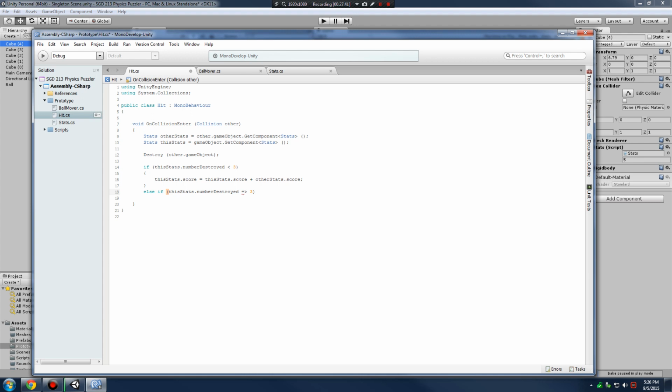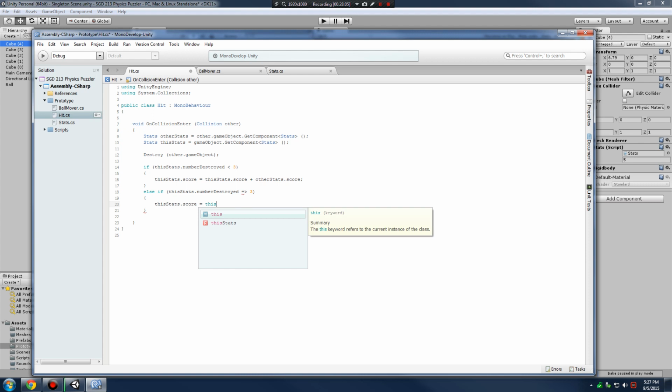We would be counting from 0. So 0, 1, 2 would be the first 3 cubes, so we would just do a simple plus score. But else, if the number destroyed is equal to or greater than 3, we want to do something else. We want to basically add that multiplier to our